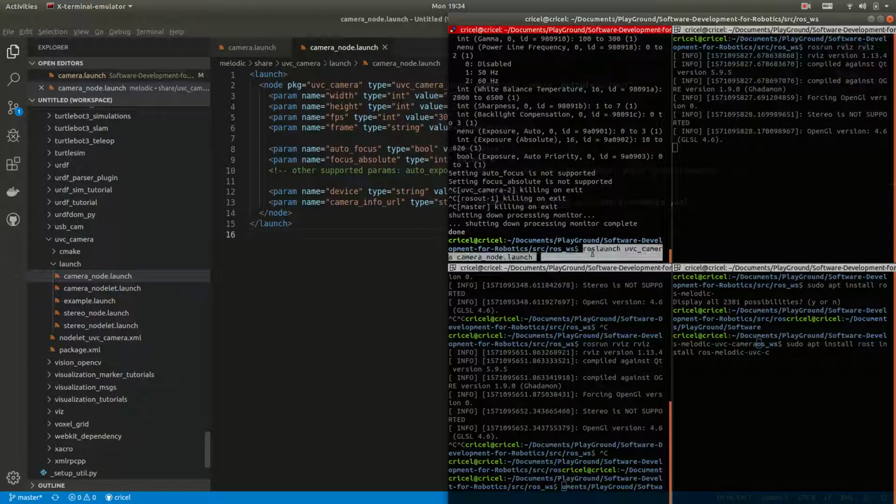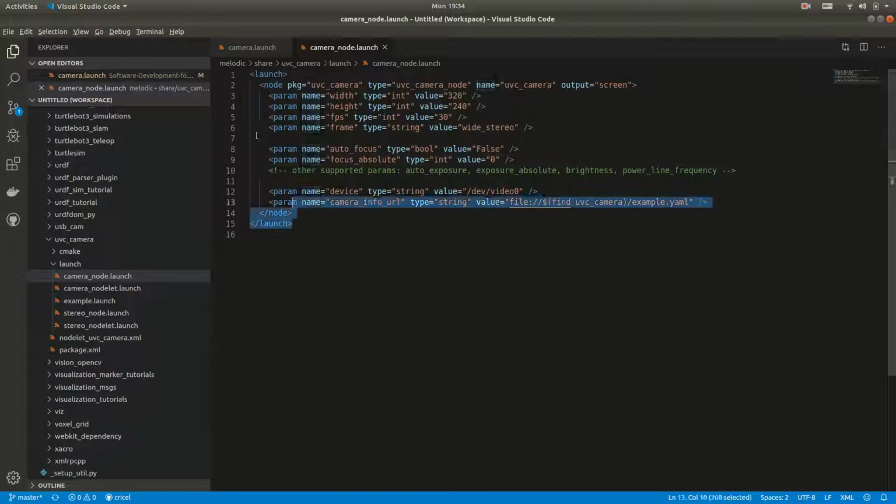So here you can see a roslaunch, and then UVC camera, which is the package name, and then the camera load.launch, which is this launch file here, camera load.launch. So inside here, the structure of the launch file is you need to start with the tag called launch, and then inside the launch you will have a node tag, which indicates the node name of which file you want